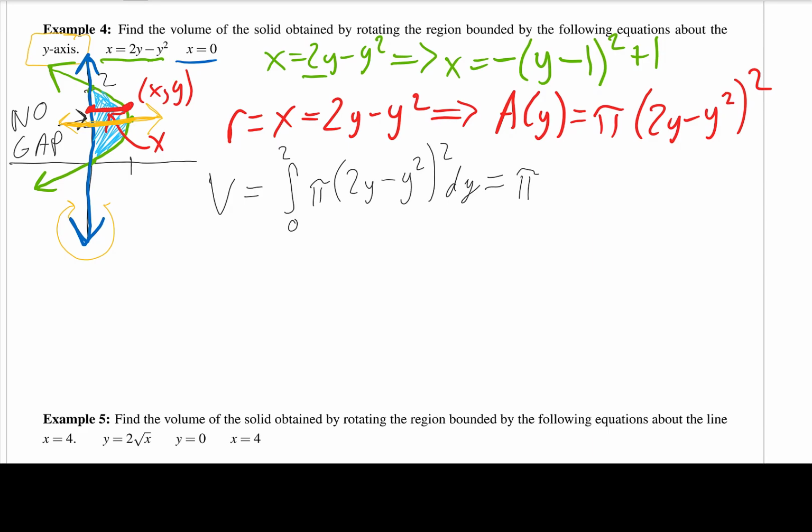Okay, so we can pull out this pi. We have the integral from 2 to 0. I'm going to FOIL this out. So this becomes 4y squared plus y to the 4th minus 4y cubed. Okay, so if you seriously don't believe me, one option is for you to calculate from here, right? Calculate your area. But the trick is, once you start noticing these lines of symmetry, we could have written this